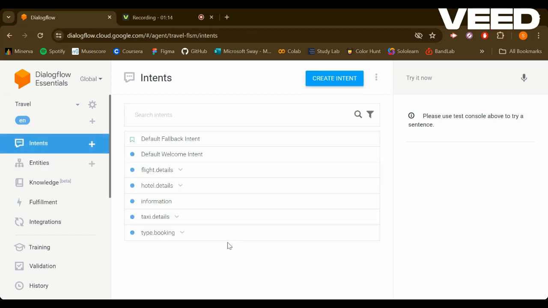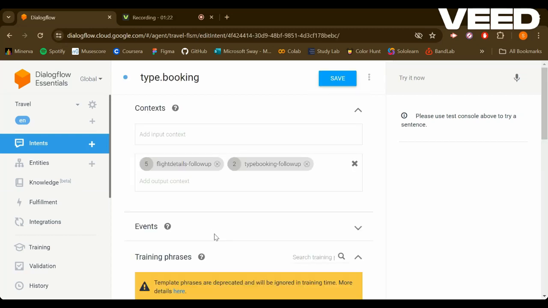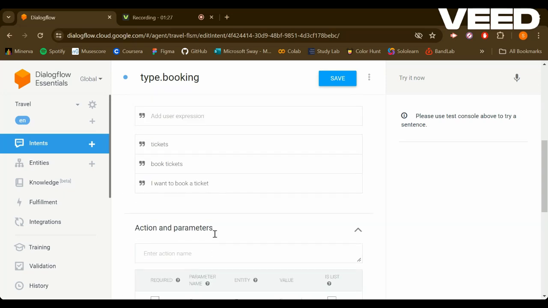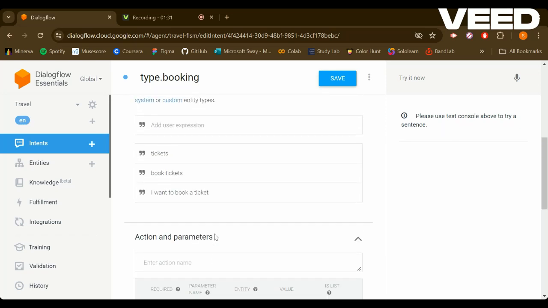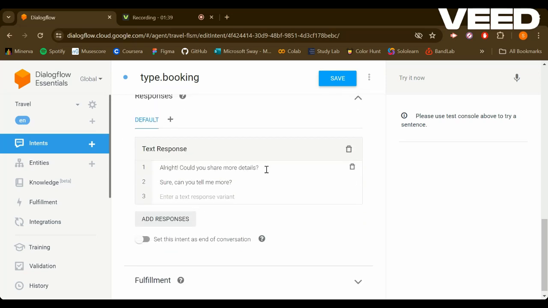Let's look at the intents and how the entities are used inside the intents. So let's start with this one. After the greeting, the user can ask for tickets or book tickets, or say I want to book a ticket, and it will give one of these two responses.